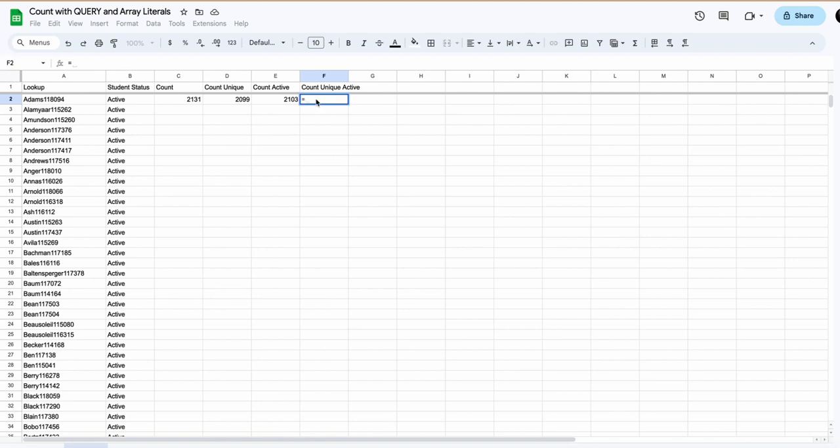Actually, what I mean is I'm going to start with a query. I'm going to use an array literal to create a data set. My data set is going to be this unique